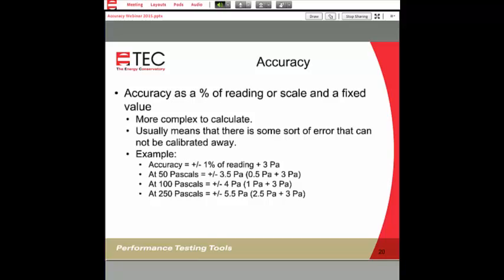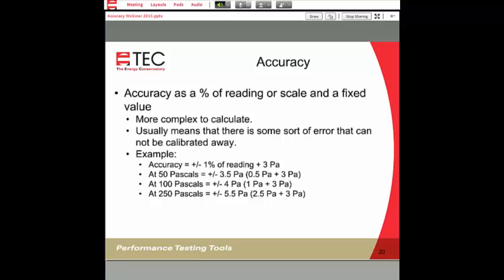This next one is a little bit more complex to calculate. You'll see it on some accuracy specifications, some of them on capture hoods that are out there, where there is a percentage of accuracy of reading plus some sort of fixed value. Now in this particular case I'm using pascals, but it could be CFM, it could be inches of water, it could be anything, feet per minute, the like.